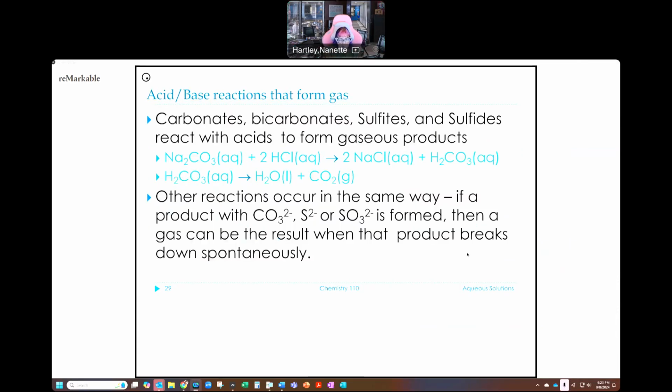Now, other things. Acids and bases can react to form gases. So if we have a reaction that makes something like Na2CO3, and we react that with an acid, we'll end up making 2NaCl and H2CO3. Now, this H2CO3 is not particularly stable, and it spontaneously decomposes to become water and CO2 gas. That CO2 gas or an SO2 gas can